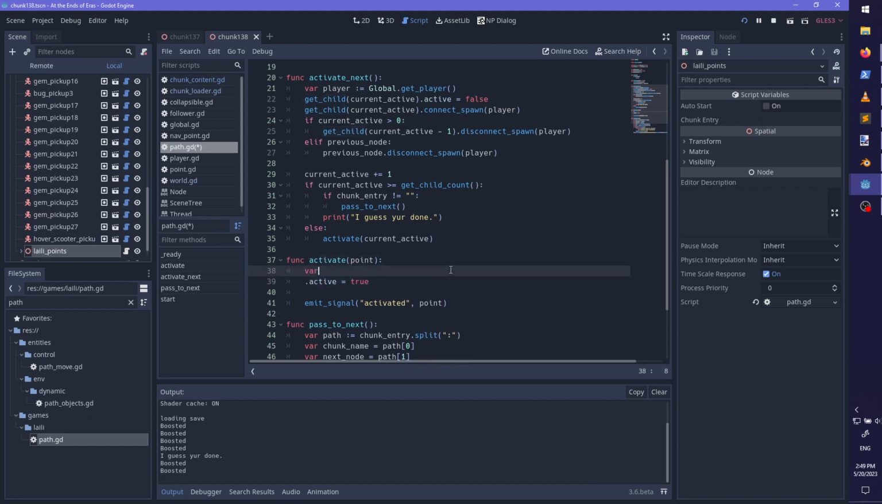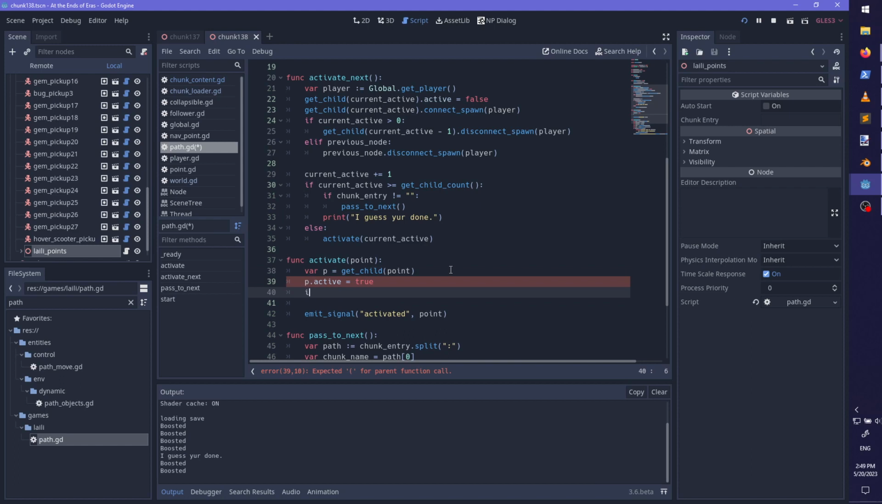So if var p equals the current point, if p.checkpoints and previous checkpoint,